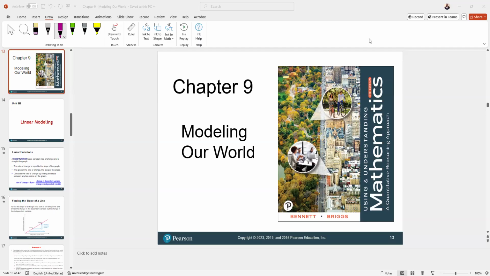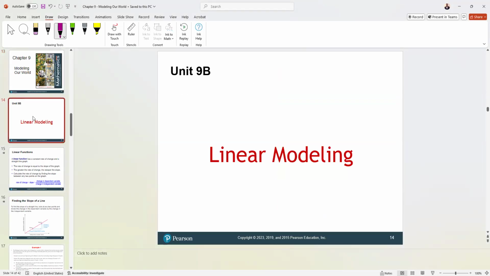In this video, we're going to continue with chapter 9, modeling our world. These sections will focus on linear modeling, so we call it Unit 9B. In Unit 9A, we represented functions with tables and graphs, and we can also use formulas for functions. We now turn our attention to a more common and